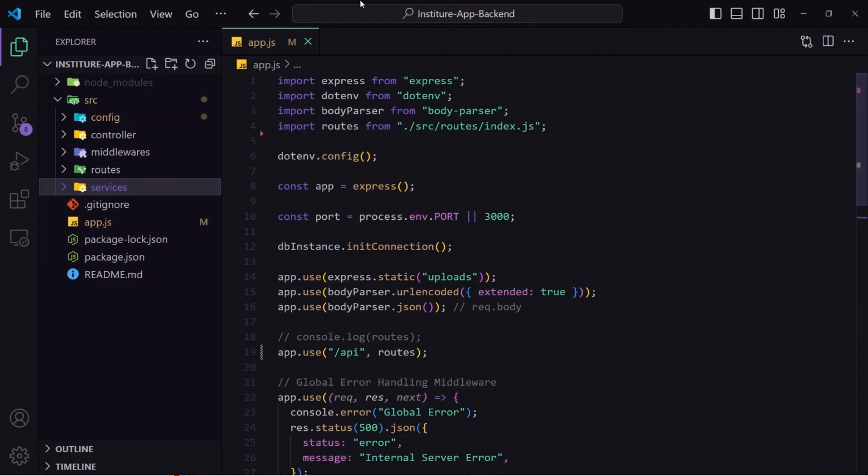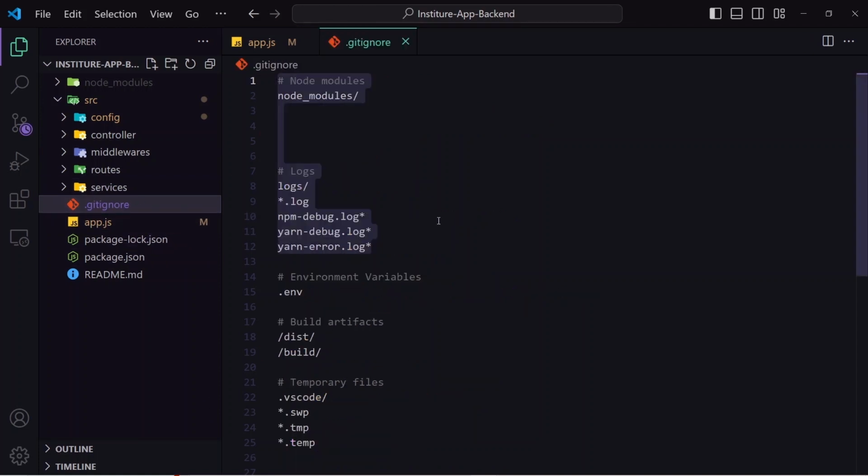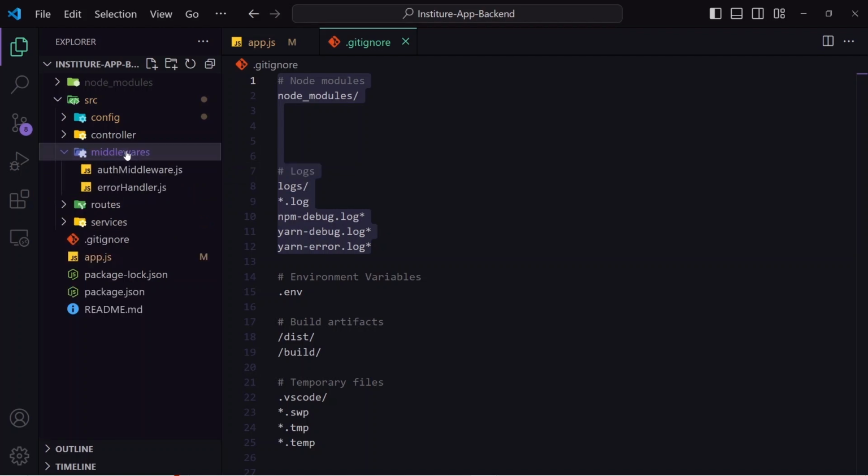You can see here, this is the intermediate folder structure where there is the addition of 2 new folders and 1 new file. The file is git ignore, where we can mention all the irrelevant files which should not be uploaded to the git. Apart from this file, we have 2 new folders. The first folder is this middleware. Inside middleware, we can put all our middleware so that they will be separated from our actual business logic and our controller. I am not going deep dive into the middlewares.